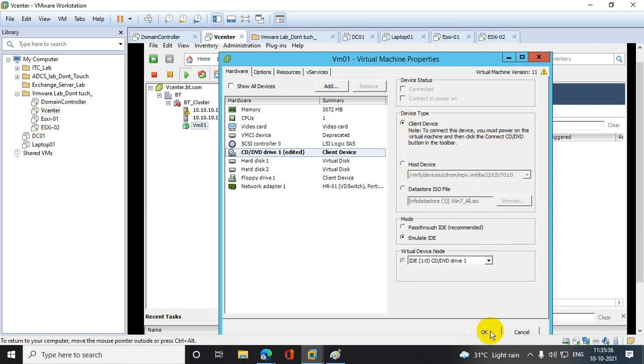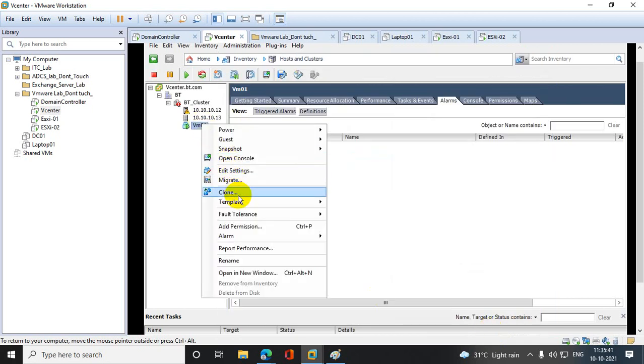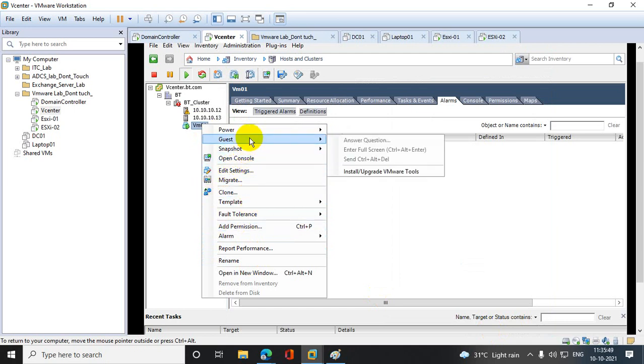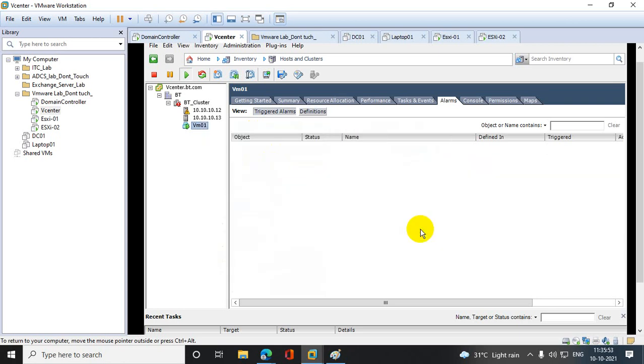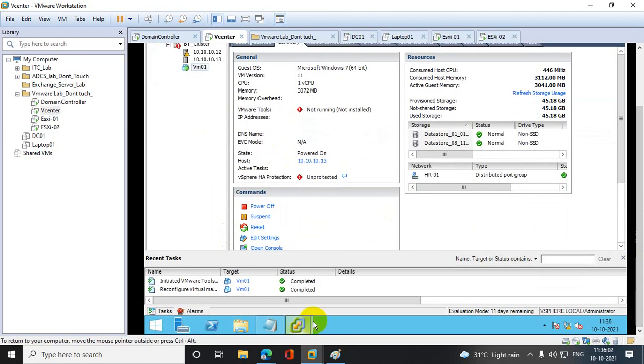So that part I have done. Next is what I have to install. Install or upgrade VMware Tools. It's showing VMware Tools was not installed, so I have to fix that part.